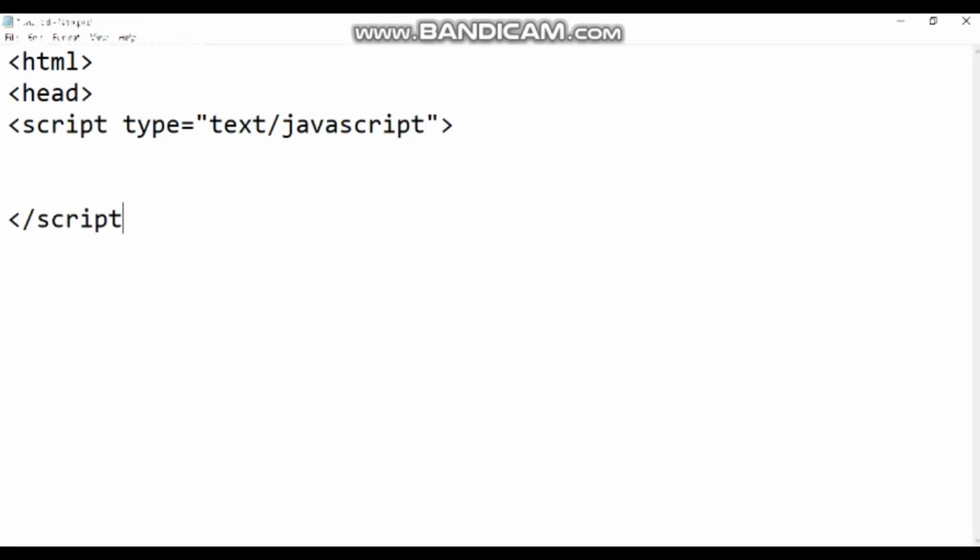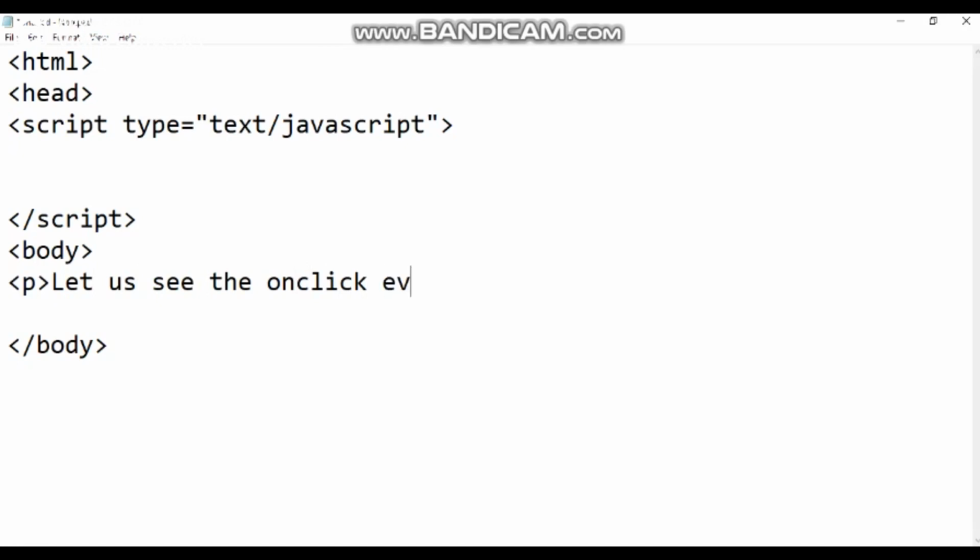Next we can have the code over here. Let me say I want to include some events, that is, I want to have a display for some page. Let me include the body section first, and in the body I will give the paragraph first of all, and after the paragraph I have a button associated. We write a paragraph with the help of the p tag. I'll give the statement, let us see the on click event. So I'll give this kind of description.